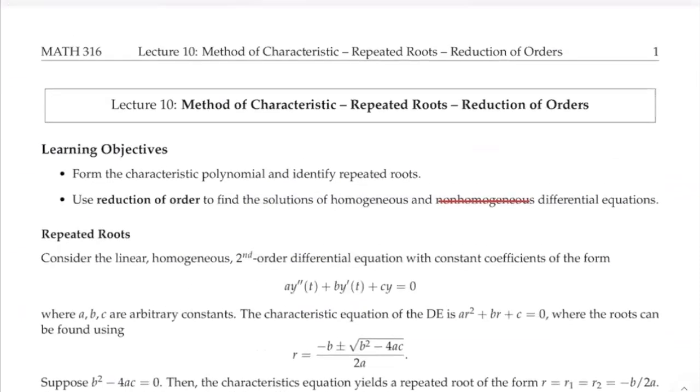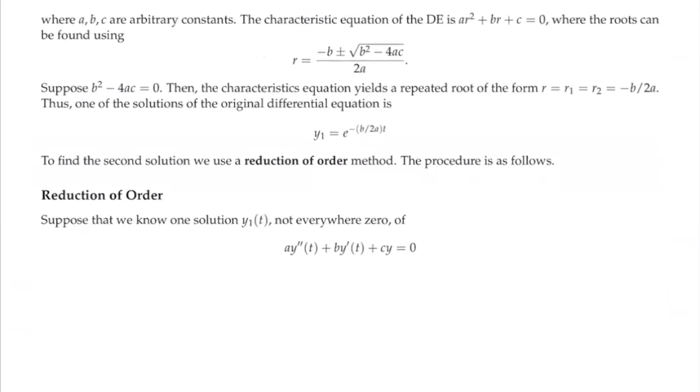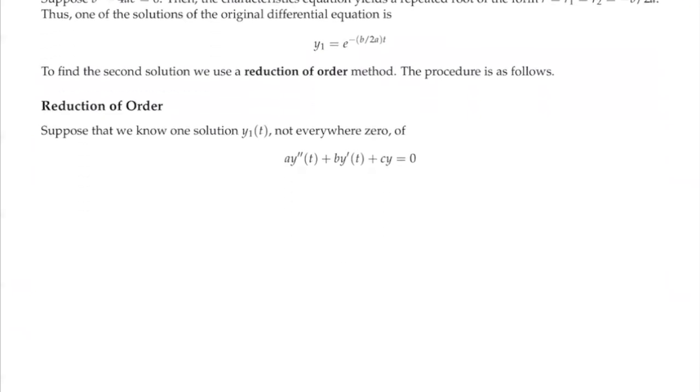Okay, so first thing first, given the linear homogeneous second order differential equation with constant coefficients, and from the repeated root, we know the first solution. Now to find the second solution, here's the procedure. Okay, so suppose we have one solution of the second order differential equation of this form, a y double prime plus b y prime plus cy equal to 0. To find the second solution,